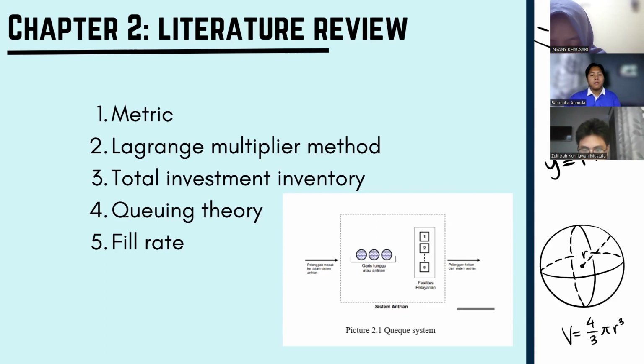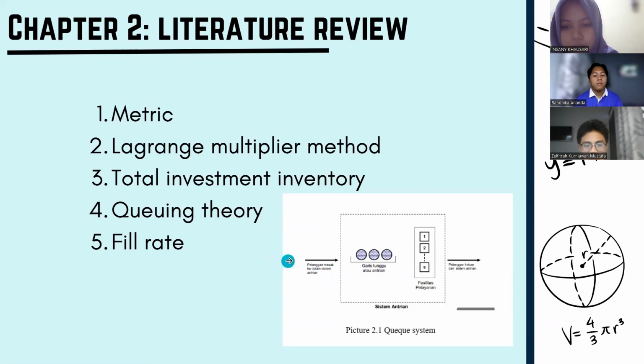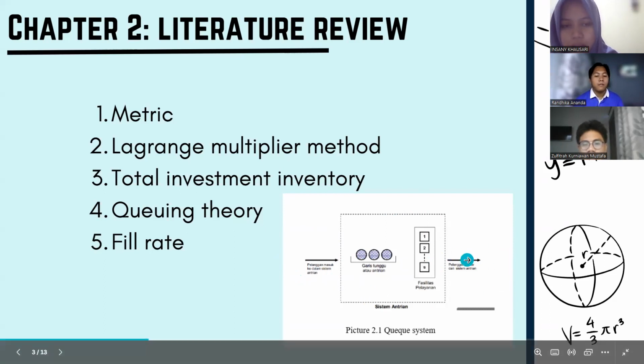In this chapter, queuing models are created when customers arrive at a service facility, joining a line. Servers select customers from the queue to start serving them. After service is complete, the process of selecting the next customer from the queue is repeated. In this picture, there is a picture of the queuing system. So the customer that arrives first is going to be served first, and after that it will be repeated like that again.